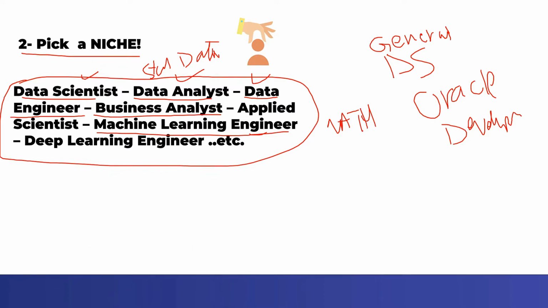If you know programming, good. If you are a Java programmer, well, in data science we can't do data science with Java, we usually require Python or R. So you're going to end up learning a new programming language. Okay, now before you pick a niche, remember that when I say math, statistics, databases, programming languages, all these things,